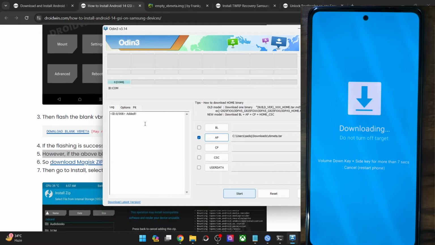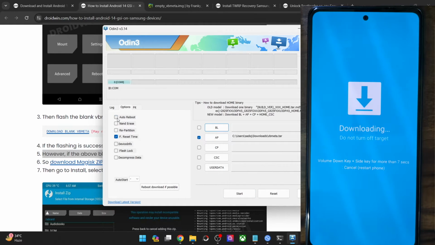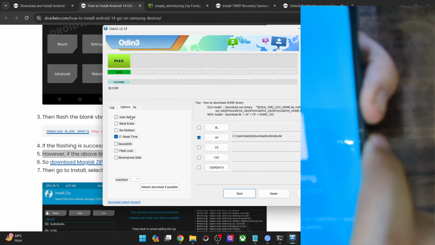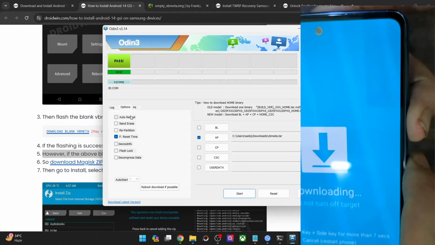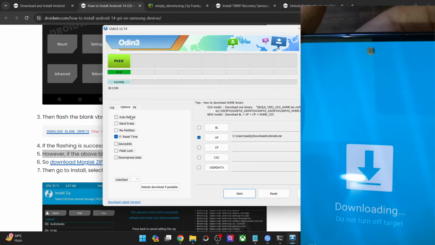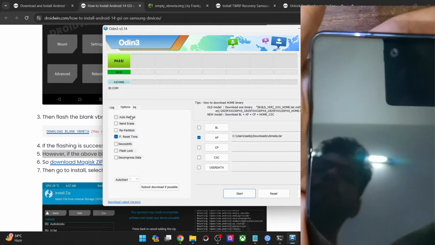If I click on the start button, let me show you, the flashing will carry on, but it will not be flashed onto my phone. If I try to now reboot, my phone will not reboot to the OS. Let me show you. Let me try and reboot the phone to the OS by long pressing the power and the volume down keys. Have a look at the top left of the screen. You will see an error message for a few seconds.